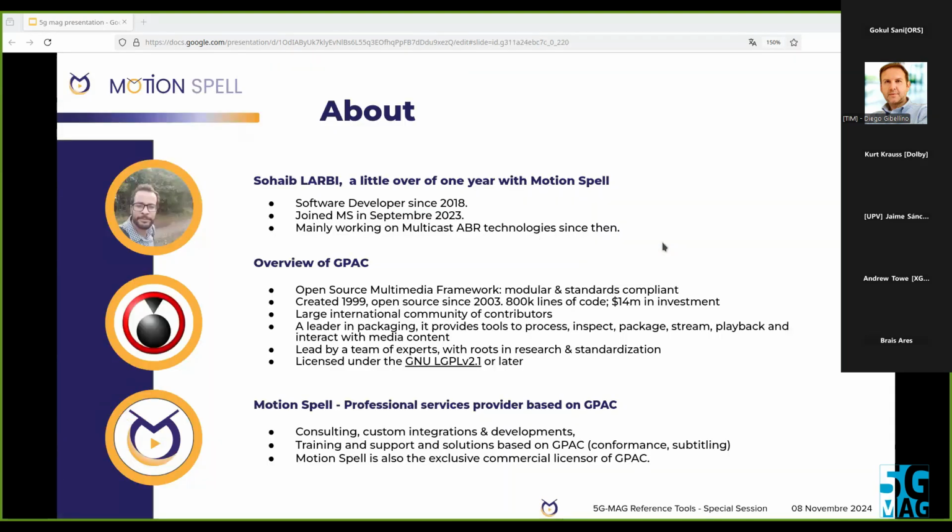Since this is my first time here, I'm Sohaib Larbi. I've been a software engineer since 2018. I mainly worked on C and C embedded projects before joining Motion Spell. I joined Motion Spell in September 2023, so it's been a little above a year right now. I worked mainly on multicast ABR technology, and also on the API of GPAC and testing and improving tests